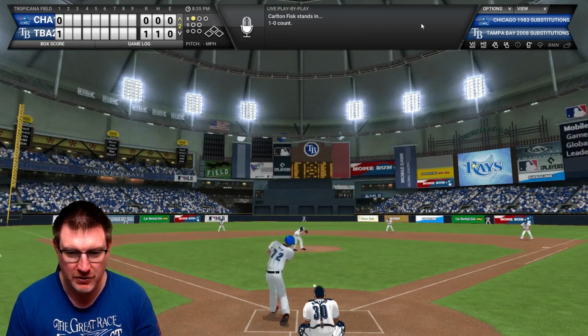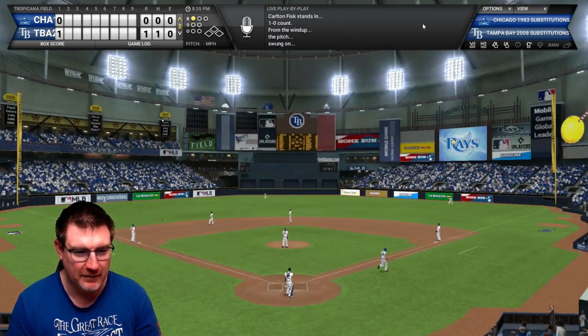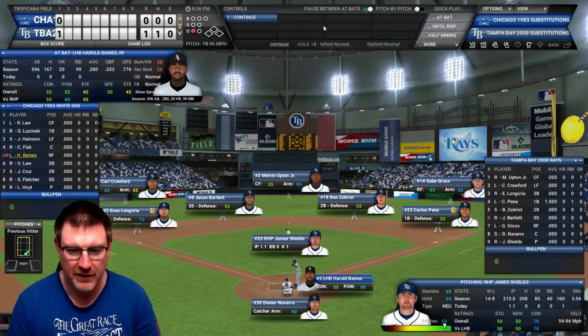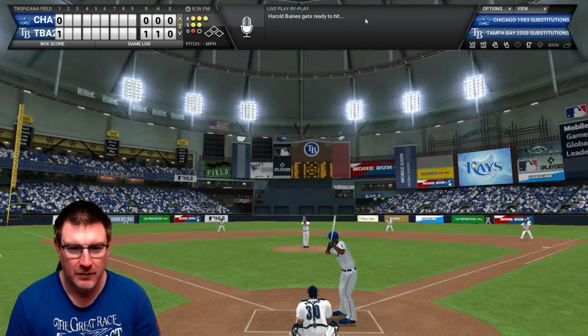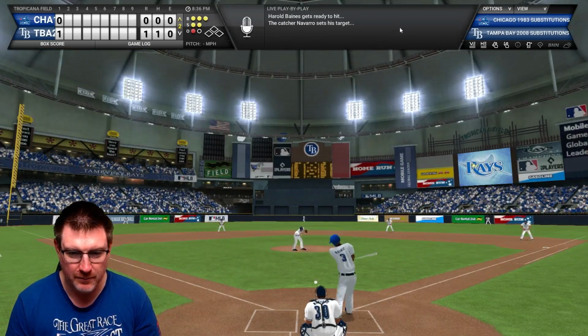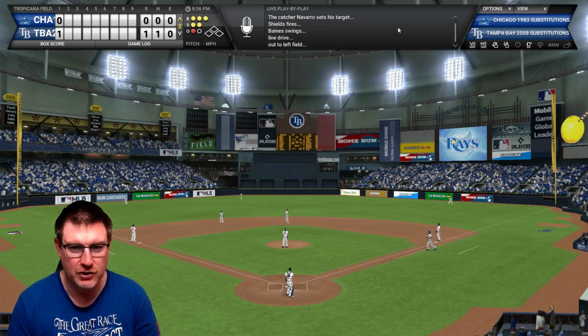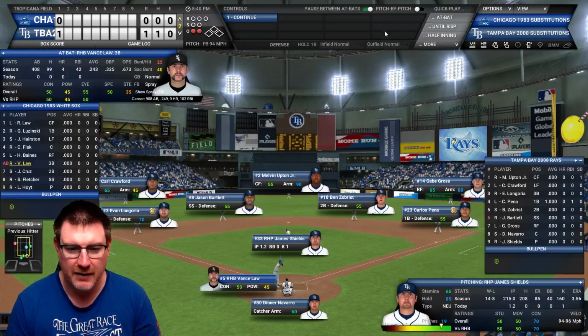It's a 1-0 pitch. And that is popped up into left field. And it'll be caught for 1 away. It is Crawford out there, of course. In comes Harold Baines now. A full count. Baines into left field, and that one is more catching practice for 2 away, and it'll bring